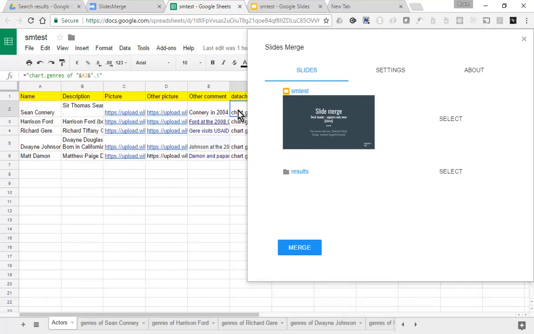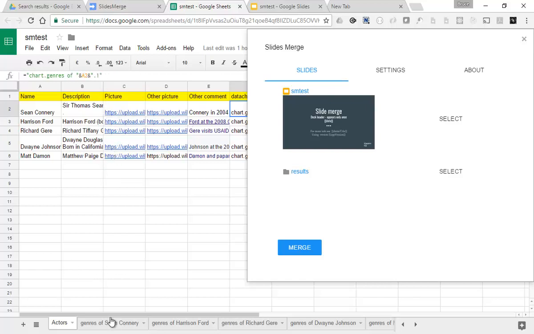So what we're seeing here is each row in the data wants to include a chart. And it's not exactly straightforward to specify a chart in Google Sheets because the ID of the chart is something that's not particularly easy to get at. So I've come up with a way of addressing chart items in your data sheet simply by putting a prefix of chart and then the spreadsheet name in which to find it and then the position in that spreadsheet. So if you've got two charts and you want the second one, it'll be .2, .3 and so on. Usually you've only got one chart in